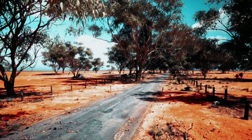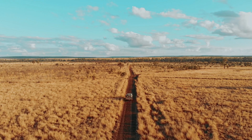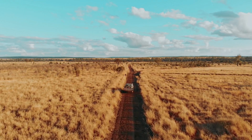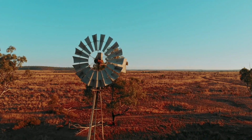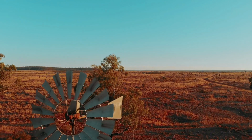The Australian Outback stretches before us, a seemingly endless canvas of ochre and amber, bathed in the gentle light of early morning. The sky above transforms slowly from deep indigo to soft lavender, then to pale blue as dawn breaks